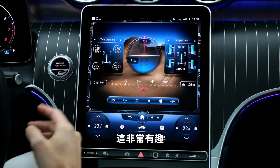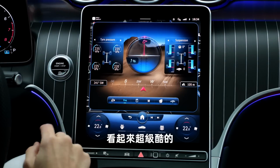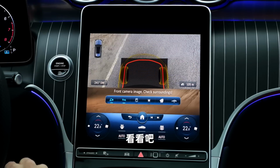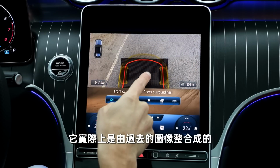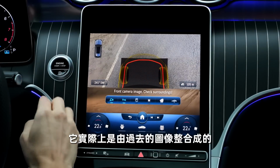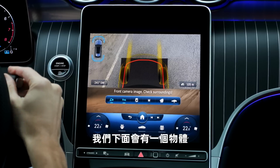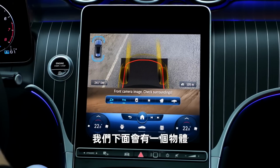And then let's take the off-road gauges. These are really interesting, also look cool like in the instruments. And a special feature here is the off-road camera. Look at that. And this is actually showing a past recorded camera image. So when I start up the vehicle here now, then when there, for example, is an object underneath us,